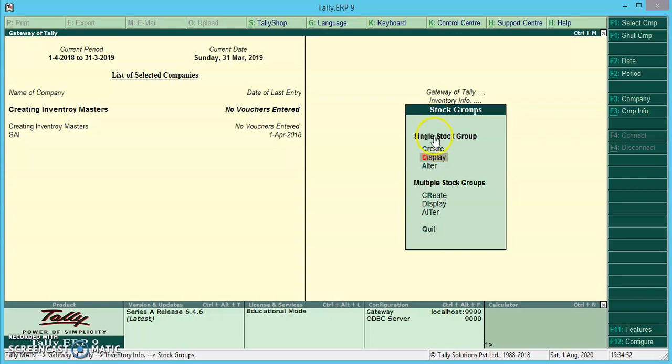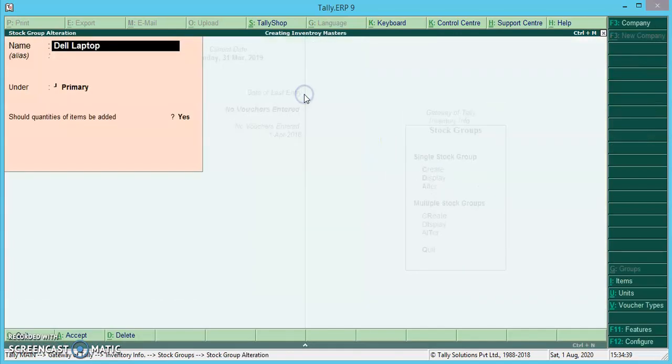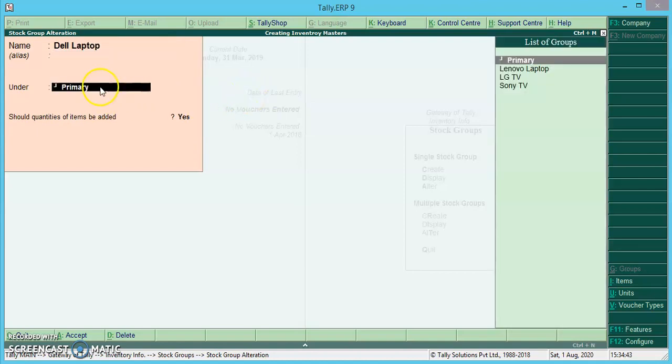Now if we want to make any alterations, any modifications to these stock groups, that can be done. How? By selecting alter. Here under primary, I would like to give all laptops under single head.